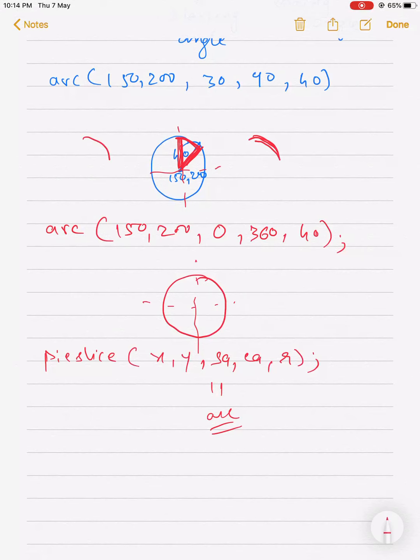The output will be seen like this. You will see a slice with the radial lines also. I hope this is clear. Okay, now let's move forward.